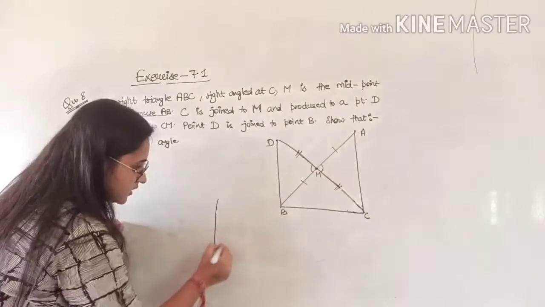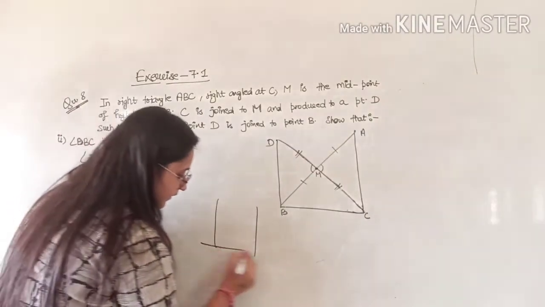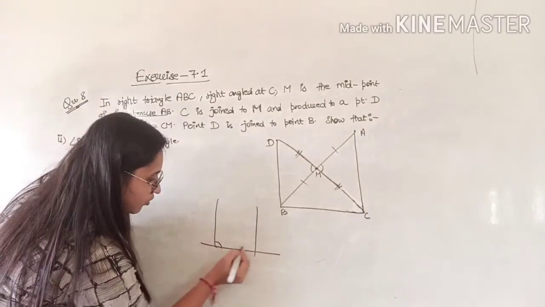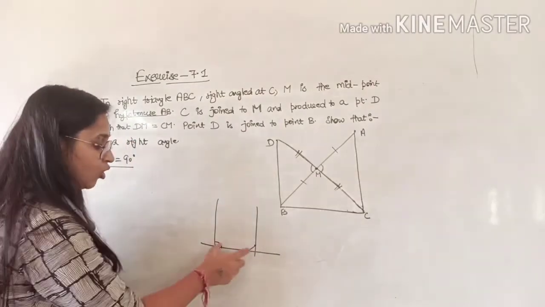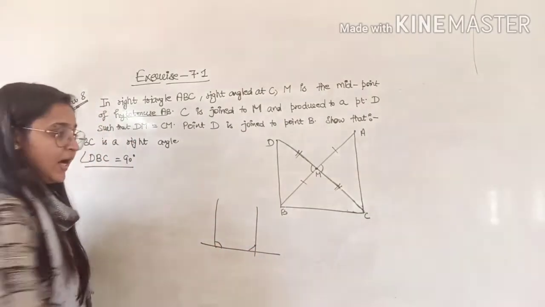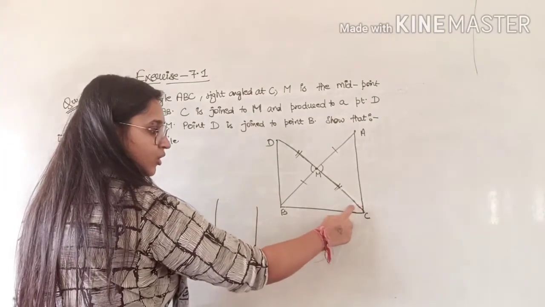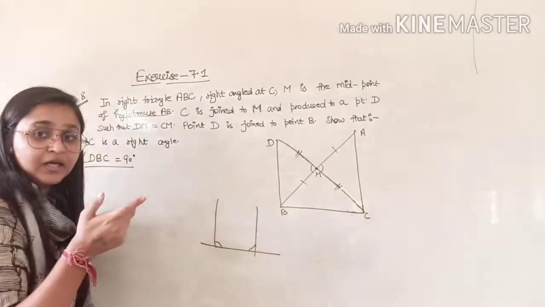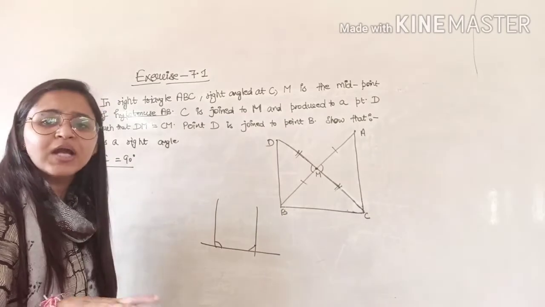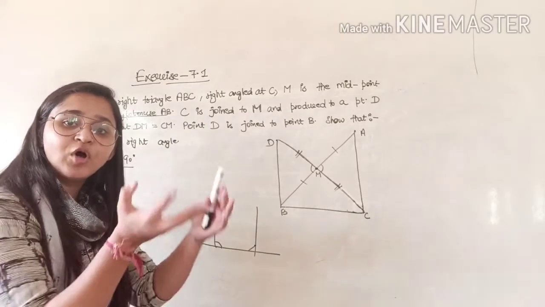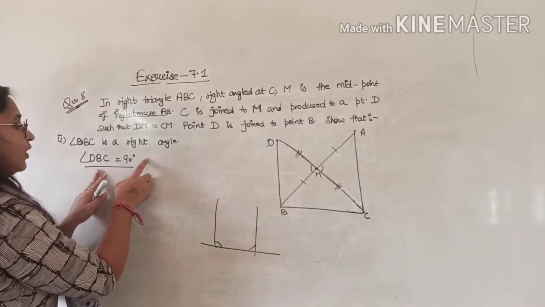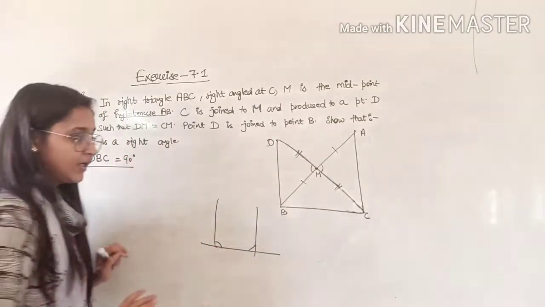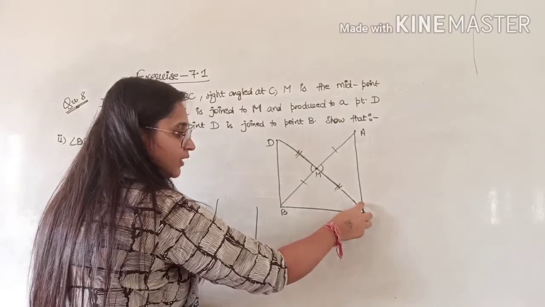see, these two lines are parallel. This is a transversal line. So sum of these two angles will be 180 degrees and reason will be consecutive interior angles. And one angle is 90 degrees, that is already given, so another will be 90 degrees. Just we have to analyze what is given and from the given conditions how we can prove what we have to prove. We have to prove this angle is 90 degrees and this is already given to be 90 degrees.